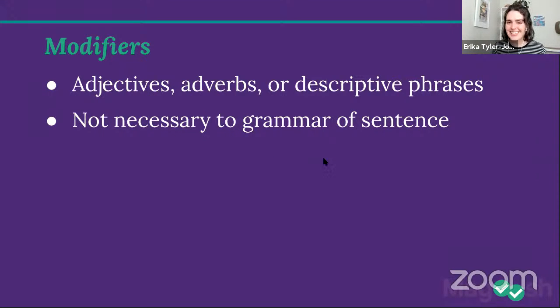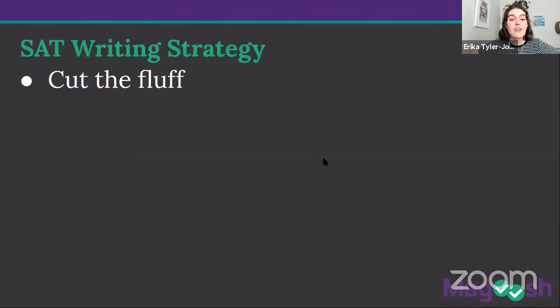What does that mean for us? It means that if we have a terrible sentence and we go, I cannot tell if that is a sentence, take the fluff and cut it. Get rid of the adjectives, the adverbs, the modifiers, get them out of that sentence. And what that's going to do is make that sentence so much shorter and easier, to the point where we can look at it and go, oh, well, duh, that's not a sentence. Or like, duh, that is a sentence. They've buried a pretty simple question in fluff. Get rid of the fluff and it becomes a simple question again.